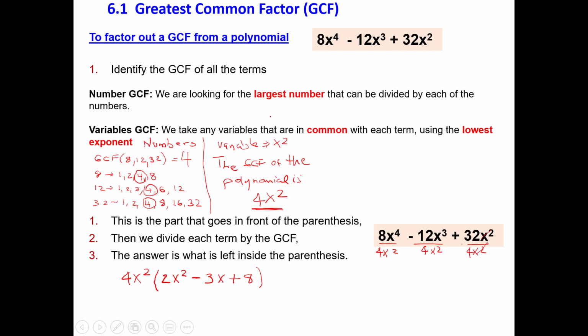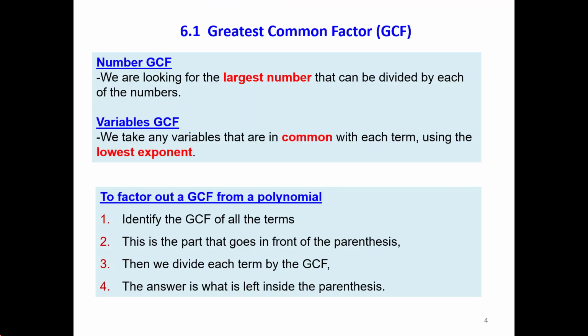And 4 times 2 is 8. X squared times x squared is x to the 4. Positive times negative is negative. 4 times 3 is 12. X to the second times x is x. 4 times 8 is 32. X to the second. That is right. The factorization is right. And let's review again the procedure